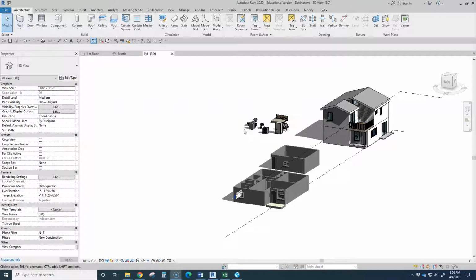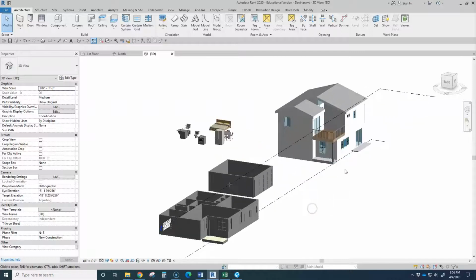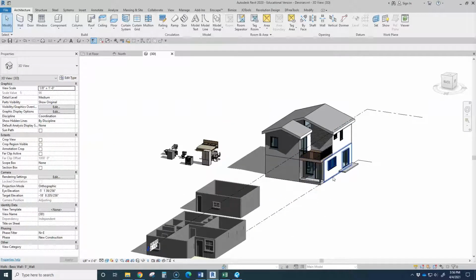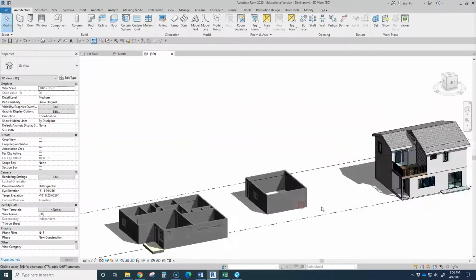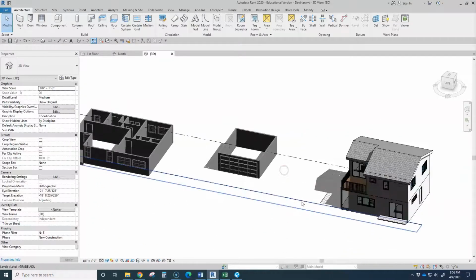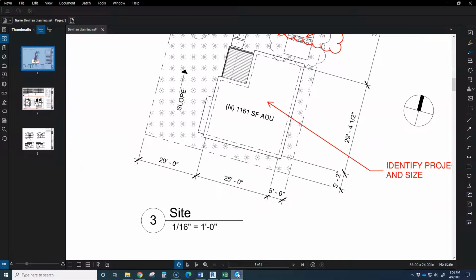Alright guys, by now you should have already finished your Revit model. It should look somewhat similar to this. If it's not exact, don't worry about it. We no longer need all of these little things on the side. Now we're going to try to finish up our planning package so that we can start